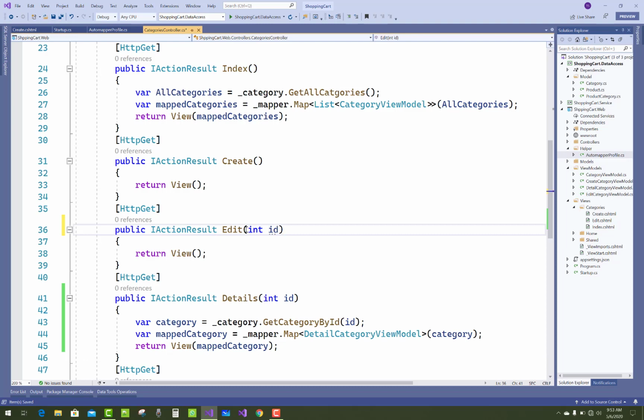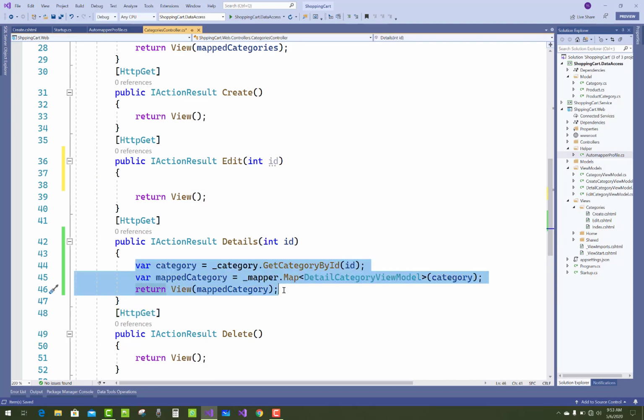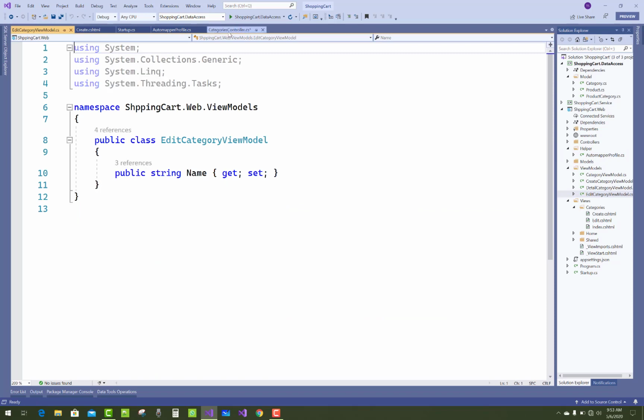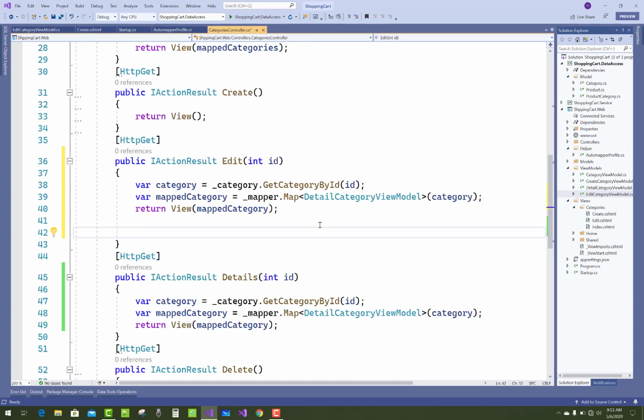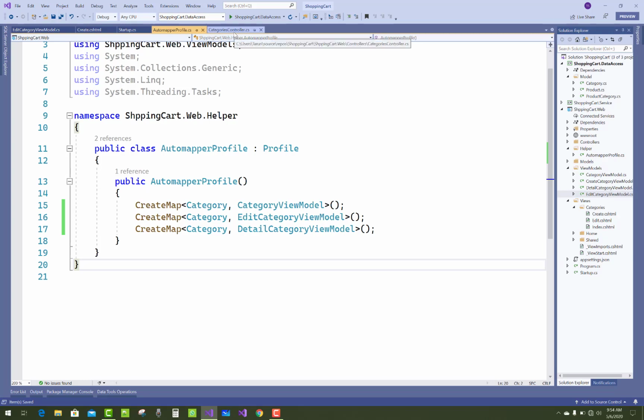And in the edit category you have to pass the integer ID. The same thing you can do here, only change your view model names. So here the view model name is edit category view model. The remaining thing is the same. So create map, that is category to detail category view model. Okay,